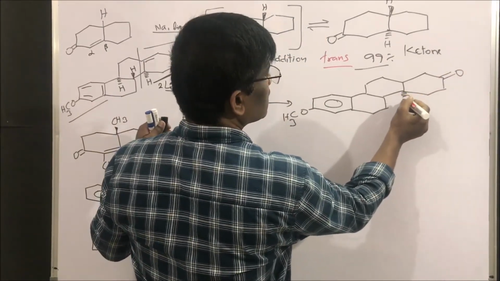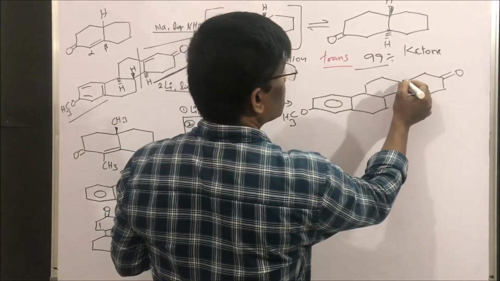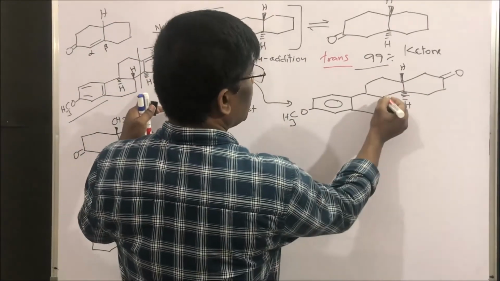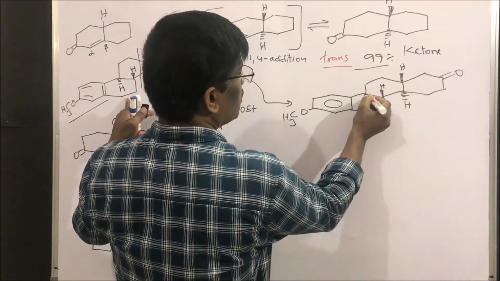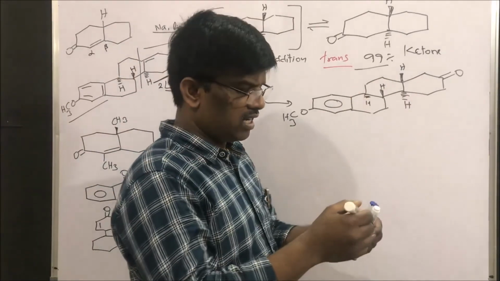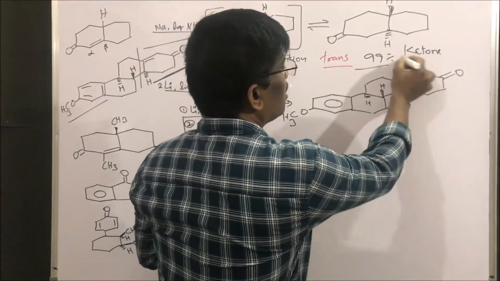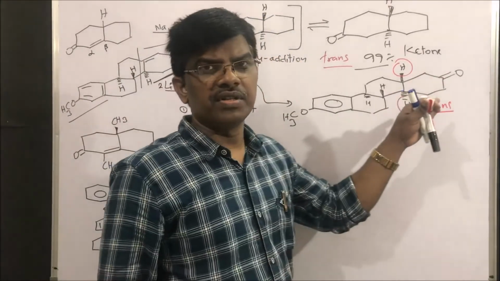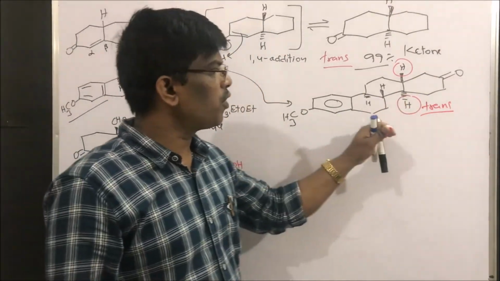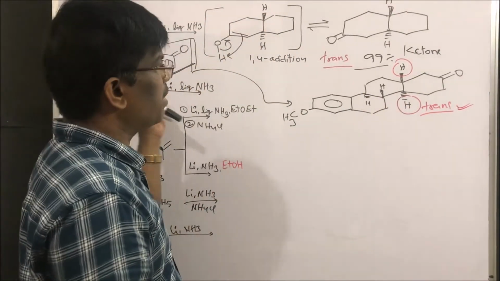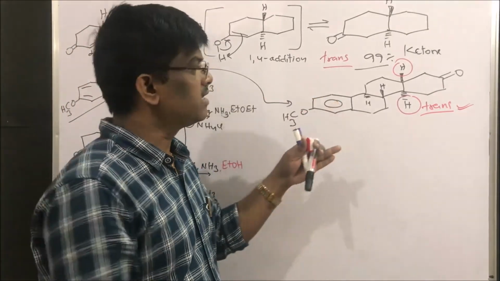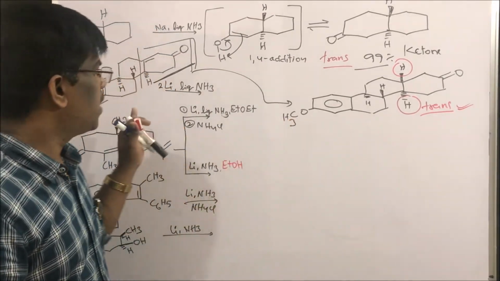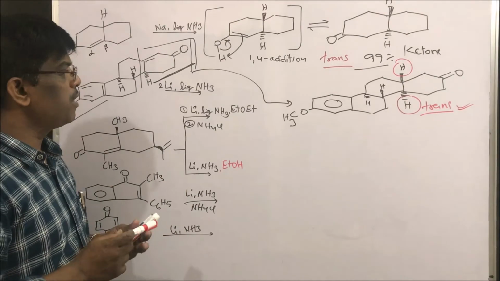Since here it is downside alpha side, beta hydrogen will come, right students? So beta hydrogen will come and the remaining hydrogens are not going to be disturbed. The incoming hydrogen will be trans to this, so the trans compound will be obtained. However, if I do the same reaction using palladium carbon, the cis compound. So this is the beauty of this compound. To get the trans alkene, use Birch reduction. Very important concept too.